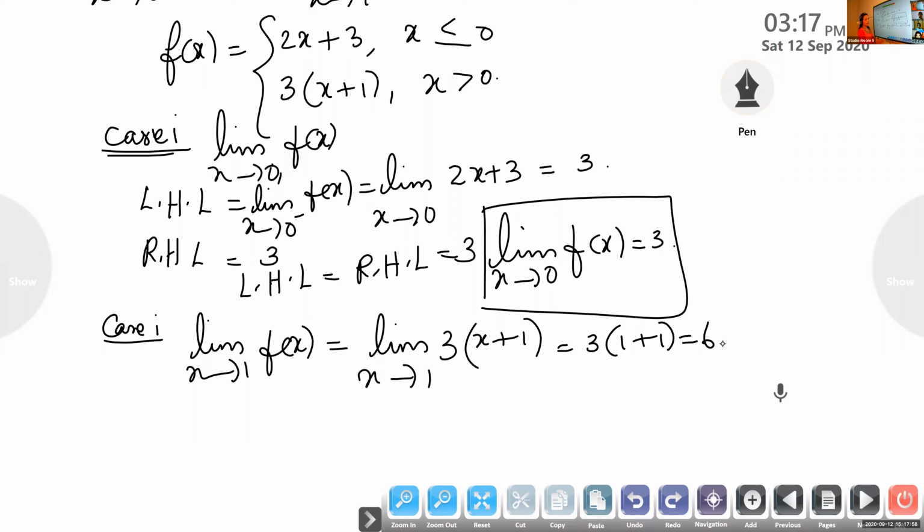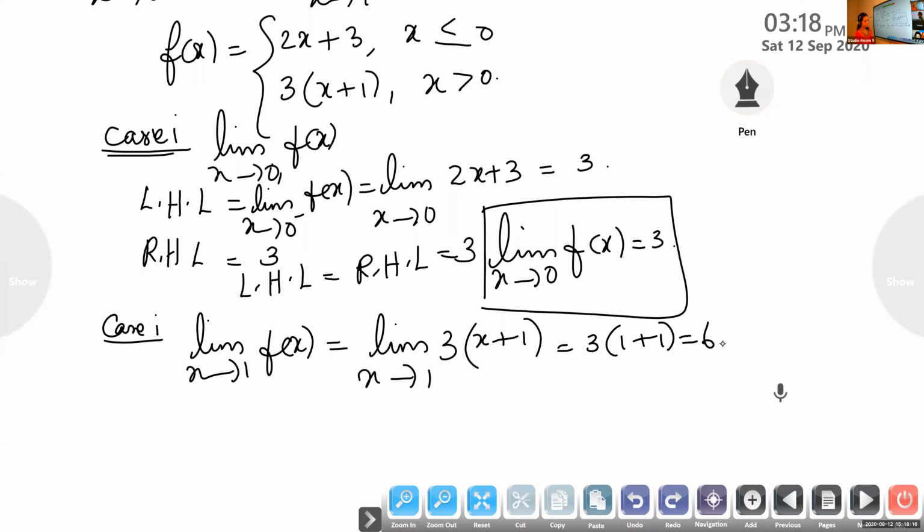Okay, this is how we are finding a limit. When multiple functions are given at a particular point, if it is split, we find the left hand limit and right hand limit, and if they are equal, then we say the limit exists. Next one, is it over, Achut? Yes, ma'am. Okay. Write the next one.